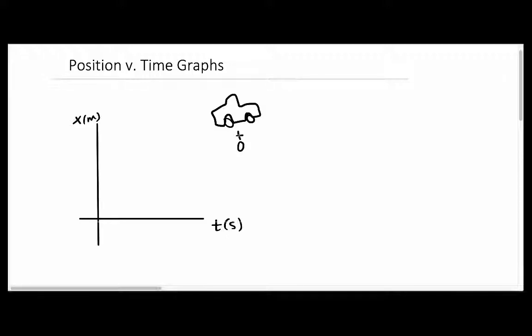Now that car is going to start moving forward. And so over time, after a second, it's here, and then it's moving, and it makes it to there, and it's moving, and it makes it to there, and it's moving, and it makes it to there. So over time, its position is changing as time continues on, as it moves forward. And by the end, it's now